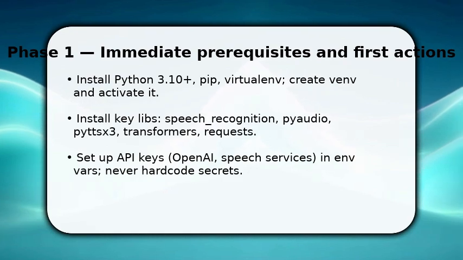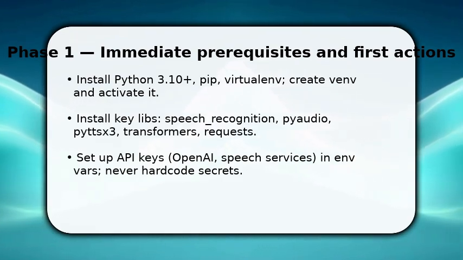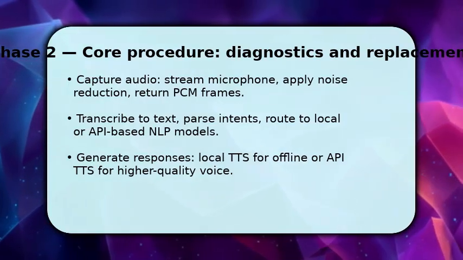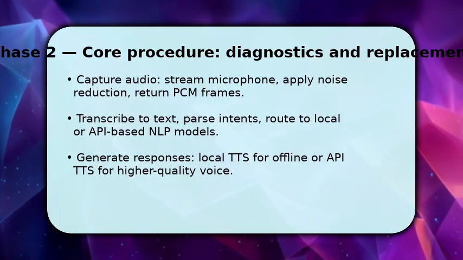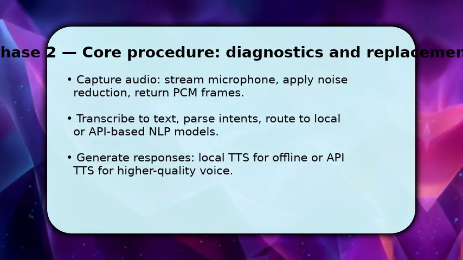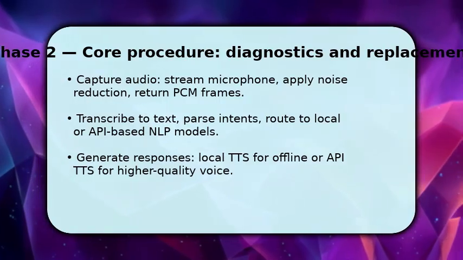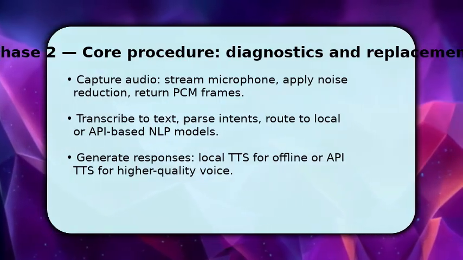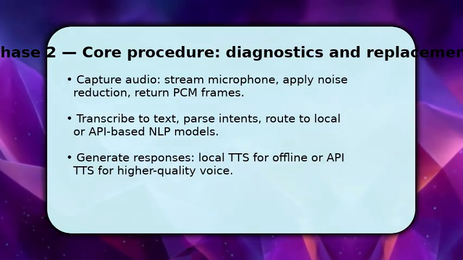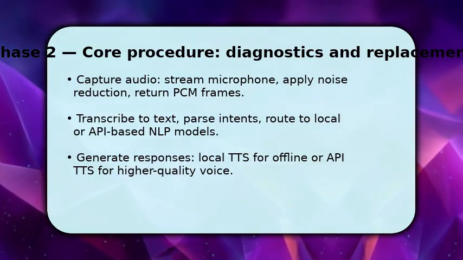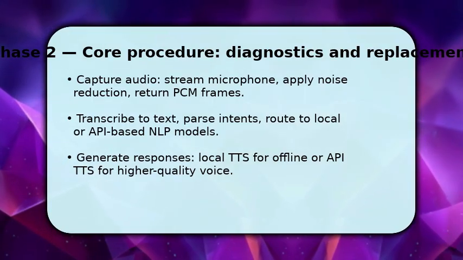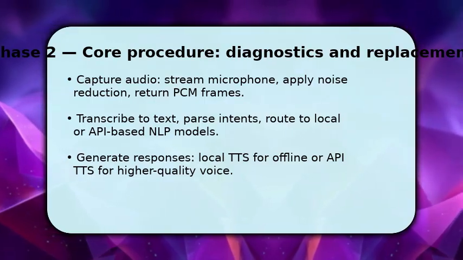You now wire audio, NLP, and TTS together so the assistant can sense and respond. First, implement a streaming microphone reader that performs basic noise reduction and yields short frames for low latency. Then send chunks to your speech-to-text. Once you have text, parse intents with a rule-based fallback and an LLM model for complex queries. Finally, synthesize the chosen response with PyTorch 3 for offline use or a cloud TTS for more natural audio,